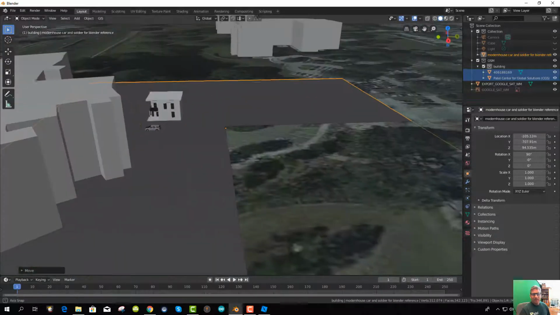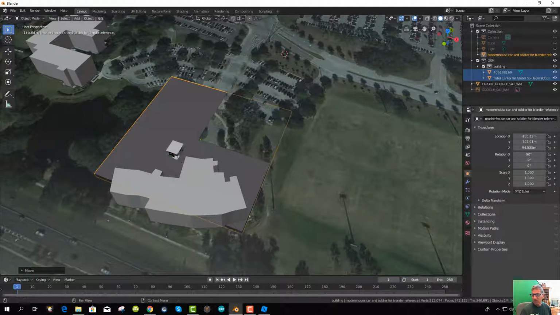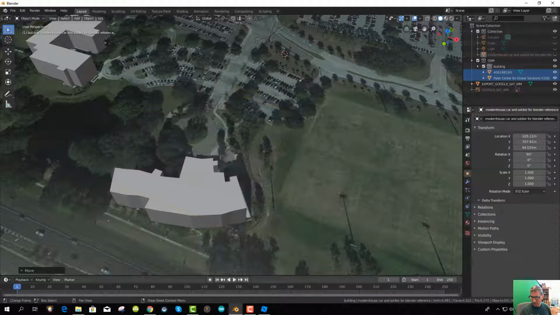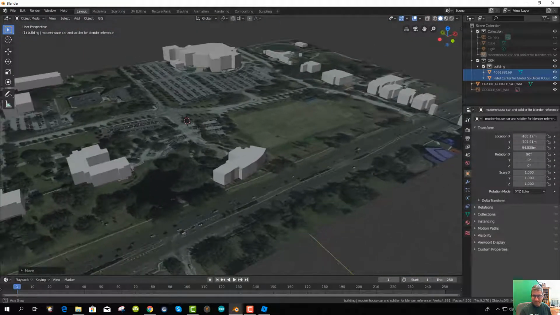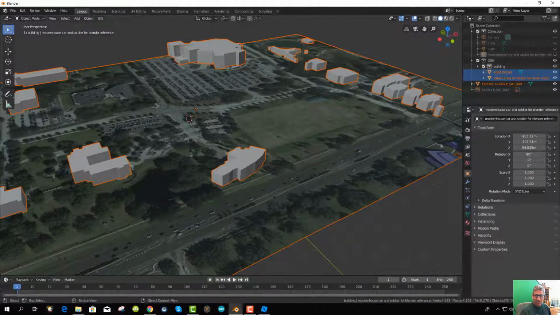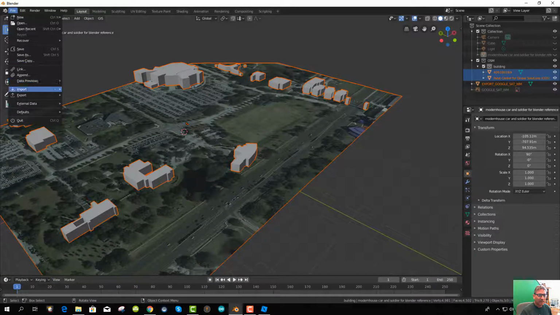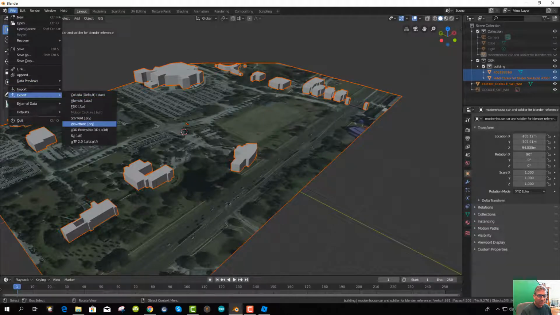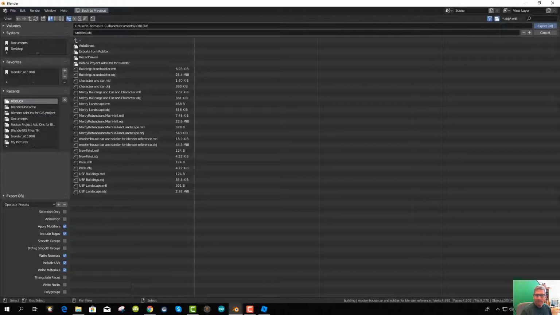So that means that we can now export our houses to Roblox, but of course with 346,000 polygons we're not getting anywhere. So we turn off the import that we did from Roblox, and now all of this can go. So we can select all of these, and we can go File, Export, Wavefront Object,